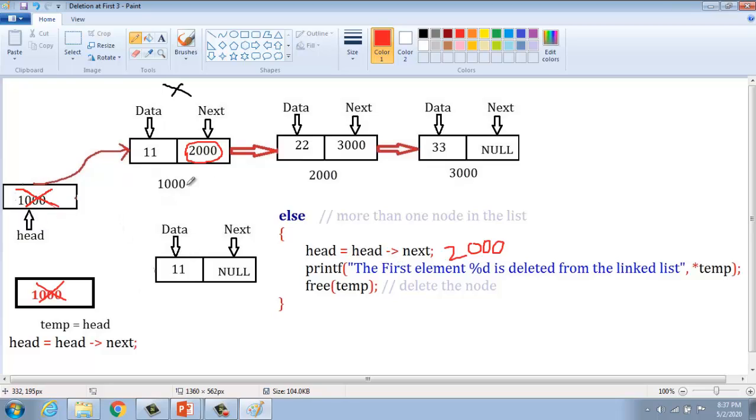Head points to address 1000, and then head pointer next, we call it 2000. This 2000 is assigned to the head pointer.